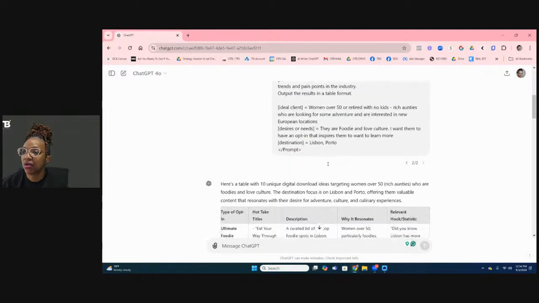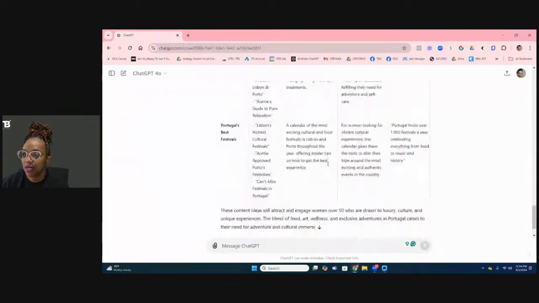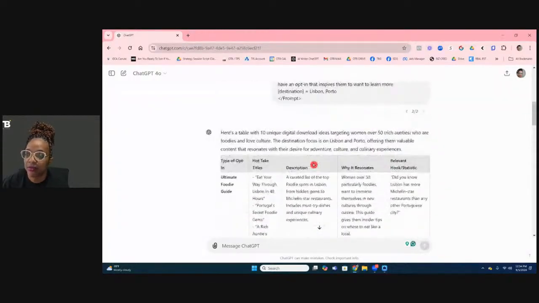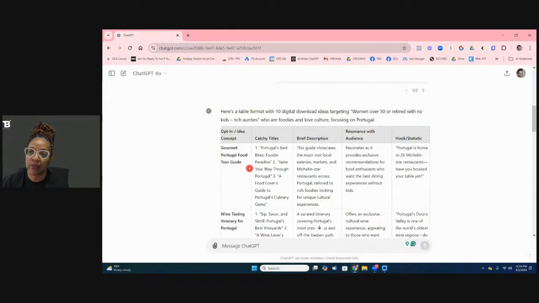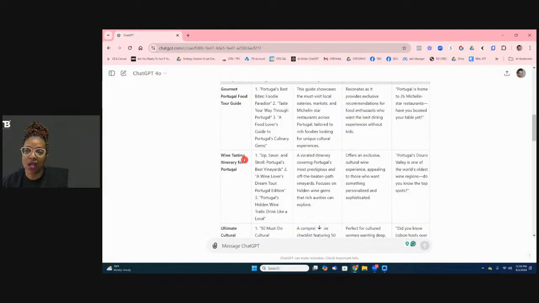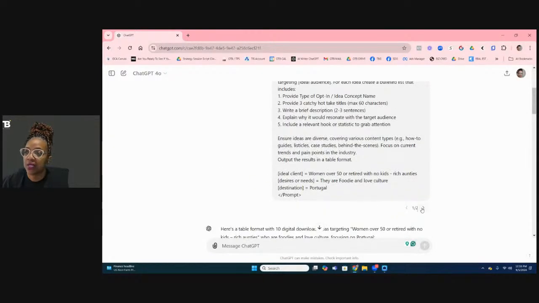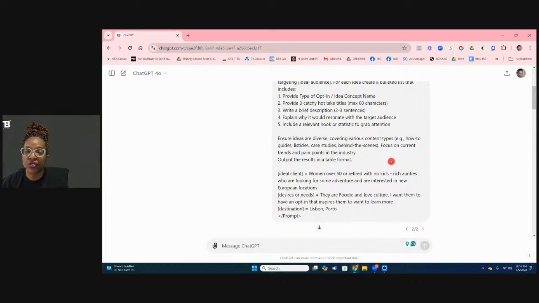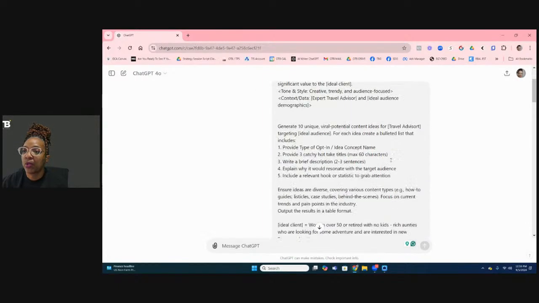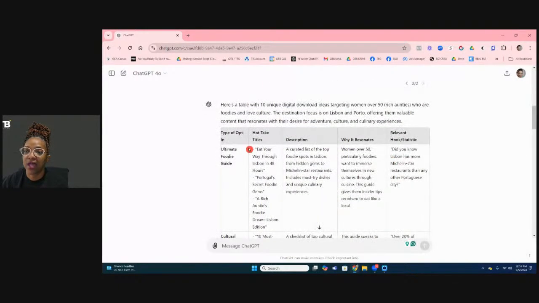All right, so it should be done now. And it is. All right, so let me remind you of what we originally had. In the original response, we got a gourmet food tour guide, a wine tasting itinerary for Portugal, and an ultimate cultural immersion checklist. That's in version 1. But then when we click here in version 2, we now see that we've got an ultimate foodie guide,